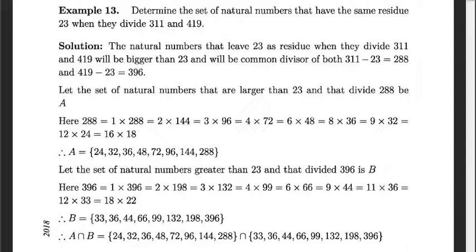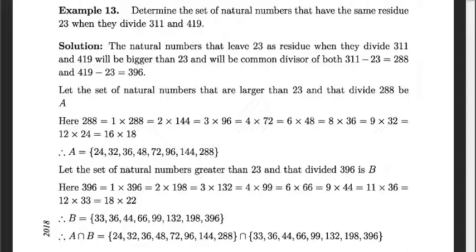All are equal to 288, and the divisors are 24, 32, 36, 48, 72, 96, 144, 288. All are the common divisors of 288. Let's set the natural numbers. Then 288 is divided by